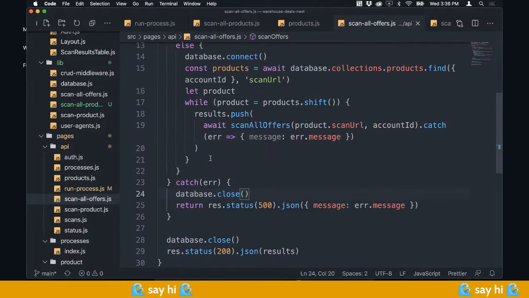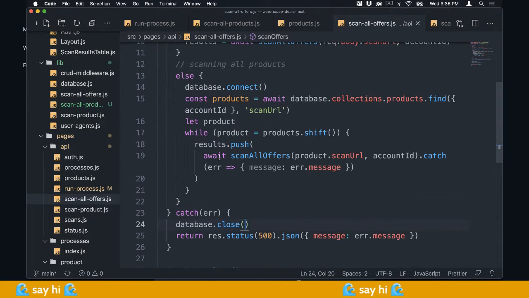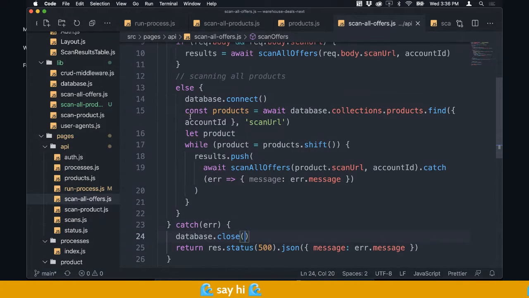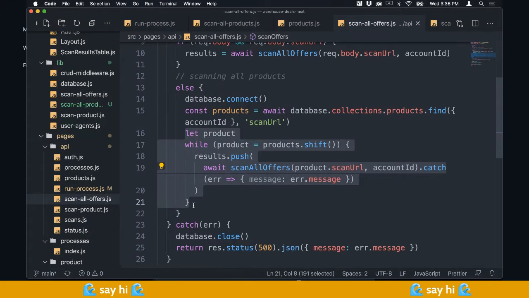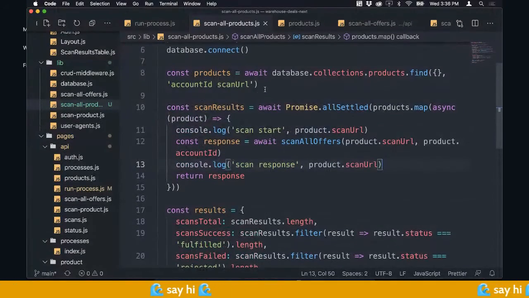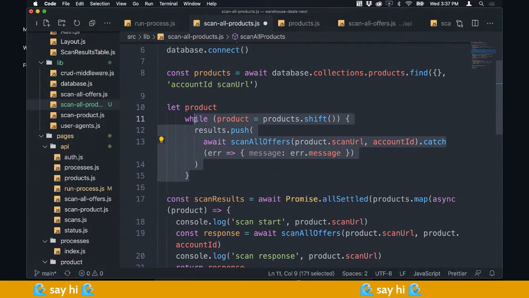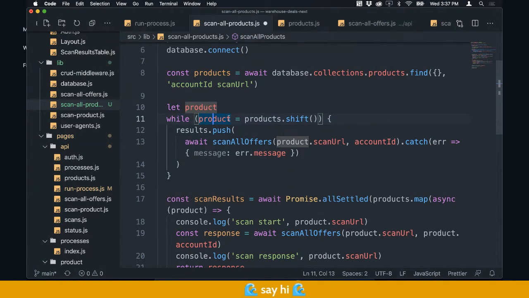Let me do that. I'm going to copy this, because this is what I'm doing on that other code, and it's working decently. So products,